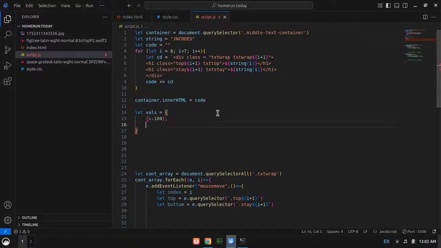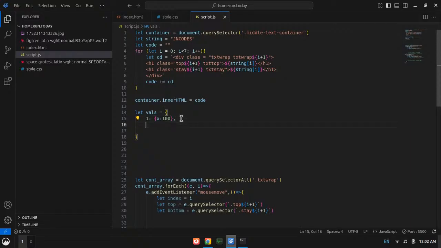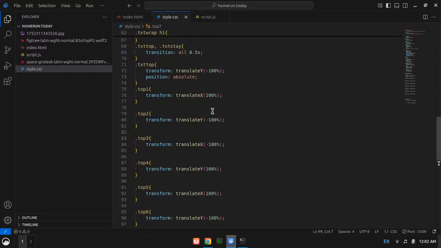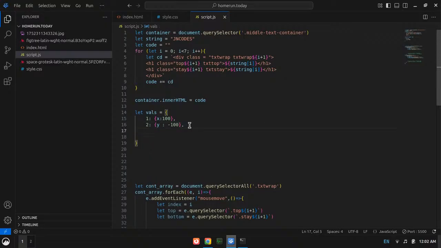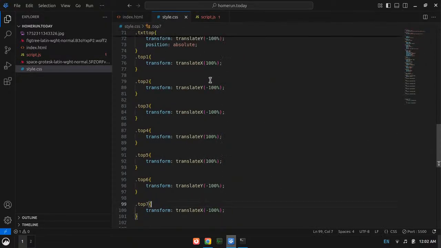Okay, then wait, this doesn't work. Okay, I will say 1, then I will say 2, and 2 would be y minus 100. Then 3 would be, what would be 3? 3 would be x minus 100.